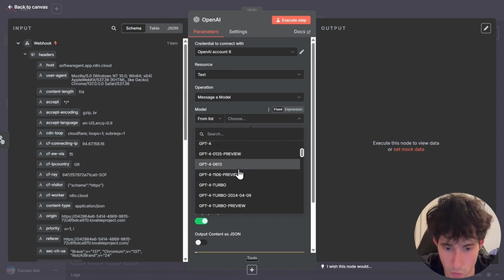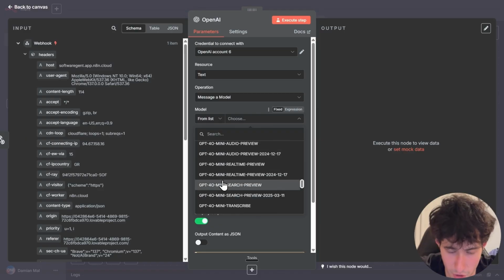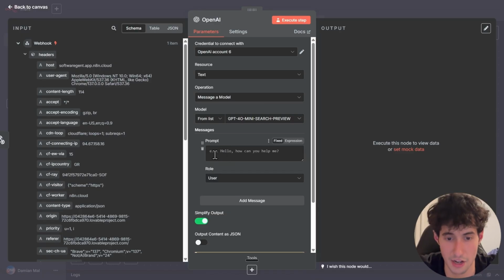So what you have to do is to simply scroll all the way down here, guys, to where you see these models over here, where you can see GPT-4o mini search. So make sure any model you pick, it has the word search next to it, so it is actually able to live search the web and give you an actual working link. That's super important. So I will select this one, for example, GPT-4o mini search, and over here we actually need